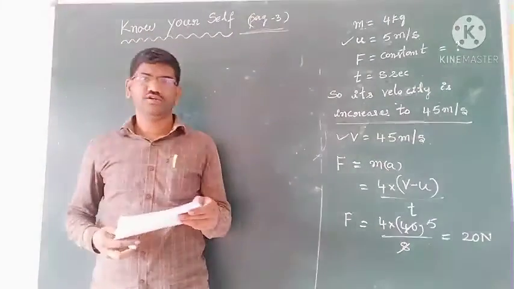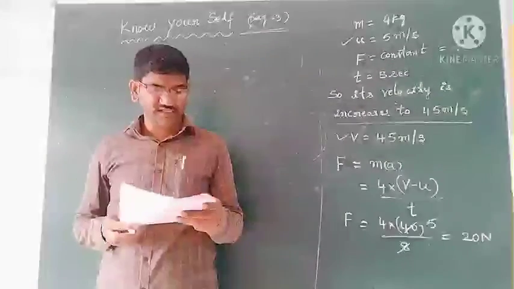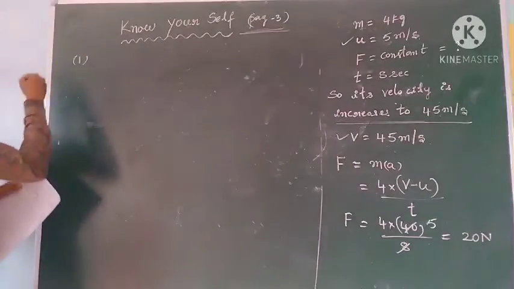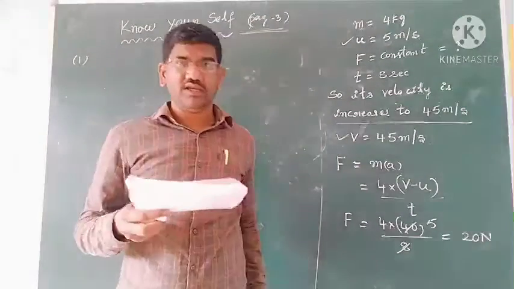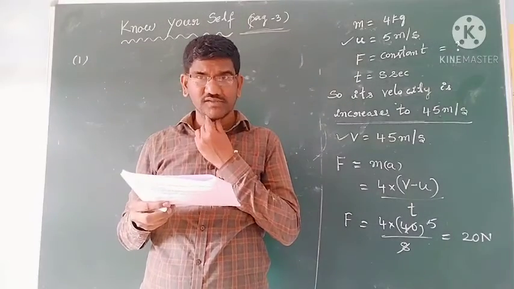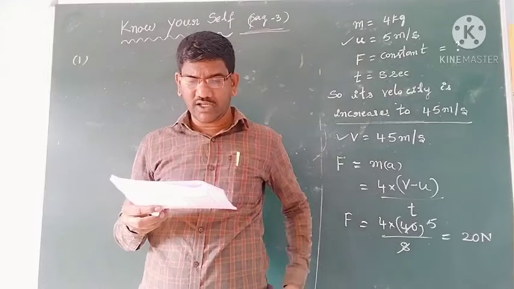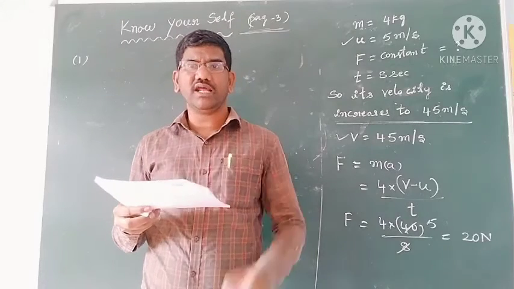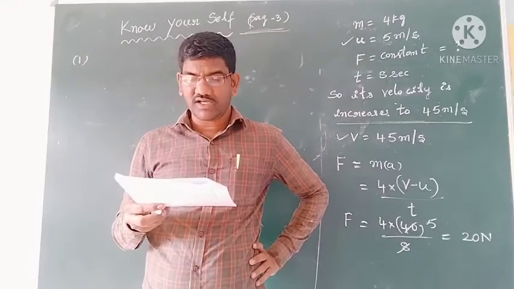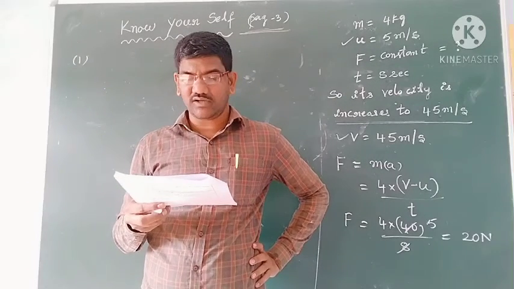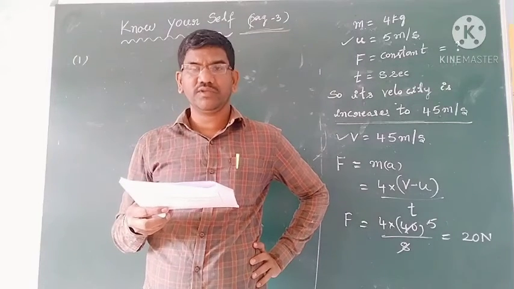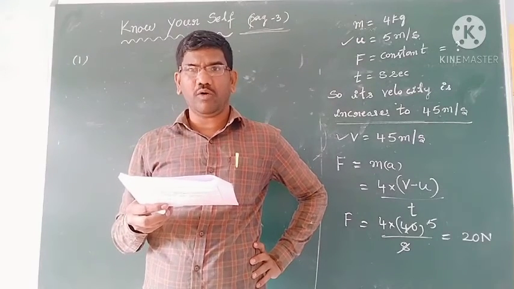Okay students, know yourself the answers. Once we can discuss. So know yourself the first bit question. So first bit, what is given, see students? Inertia is the property of a body by virtue of which the body is unable to change by itself the state of rest, by itself the state of motion, by itself the state of direction, and option D, all the above they have given.